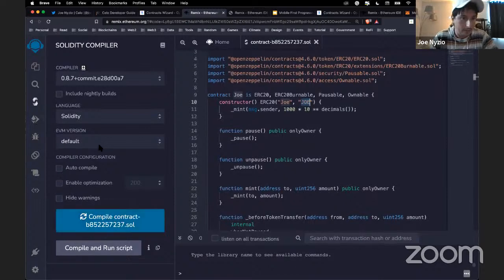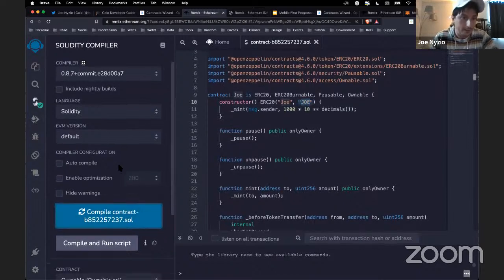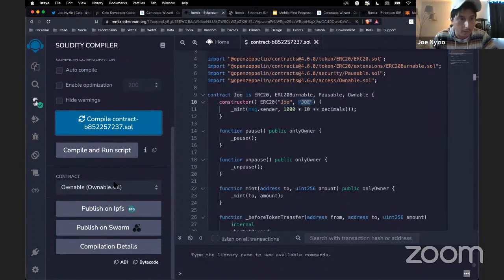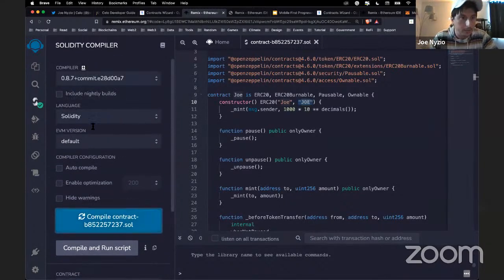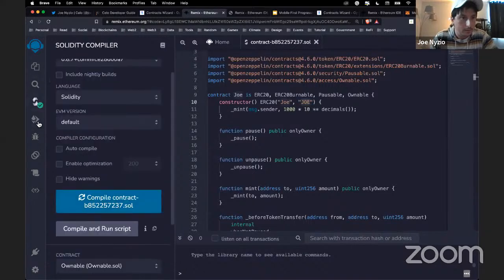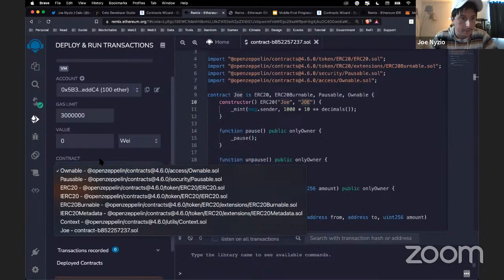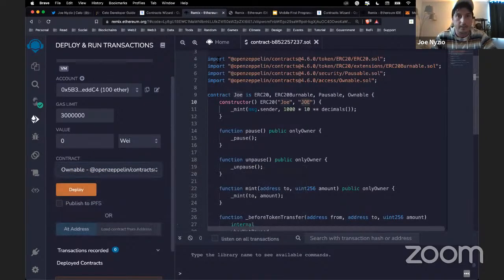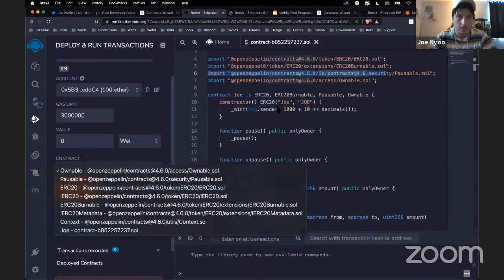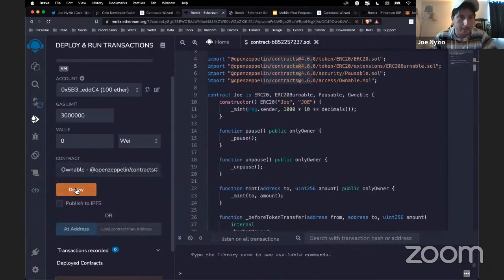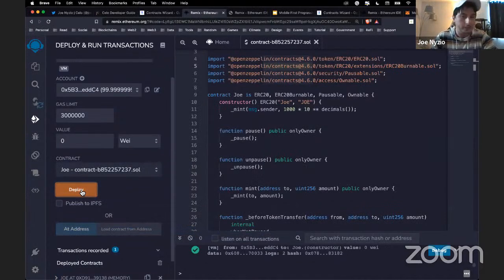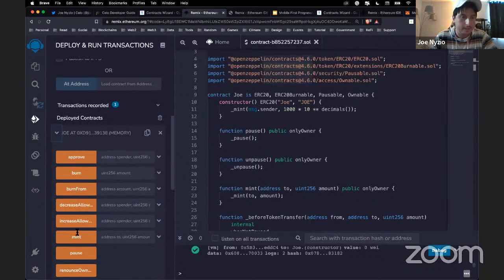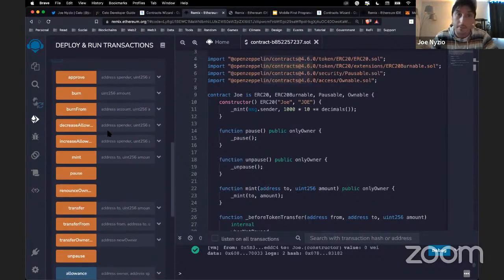And once again, you can go ahead, compile the contract, and then select. There's a couple contracts in this case because, as you can see, it's importing from a bunch of different contracts to make this happen. So all of these contracts are available. But what you'll want to do is deploy the one with your name on it or whatever you had asked to create it. And it'll go ahead and give you a chance to interact with it directly from the browser, just like you had before.